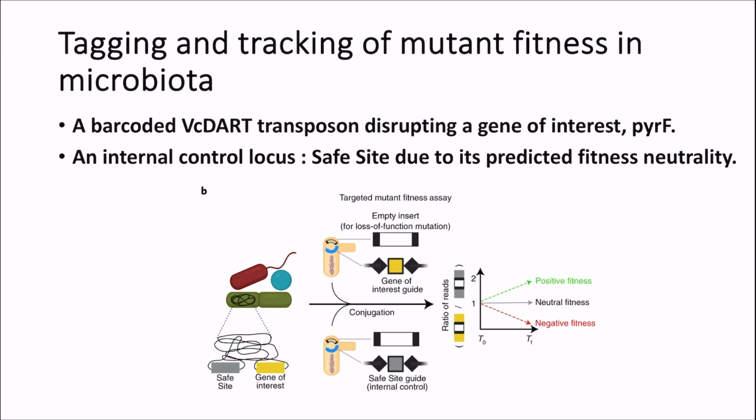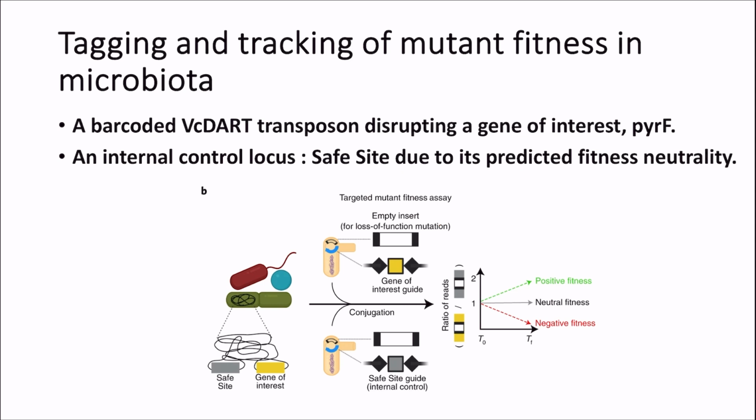The mutations contain a barcoded VC DART transposon, disrupting a gene of interest, PYRF, and an internal control locus, referred to here as a safe site due to its predicted neutral fitness. Safe site guide means that it will insert in a position that doesn't affect